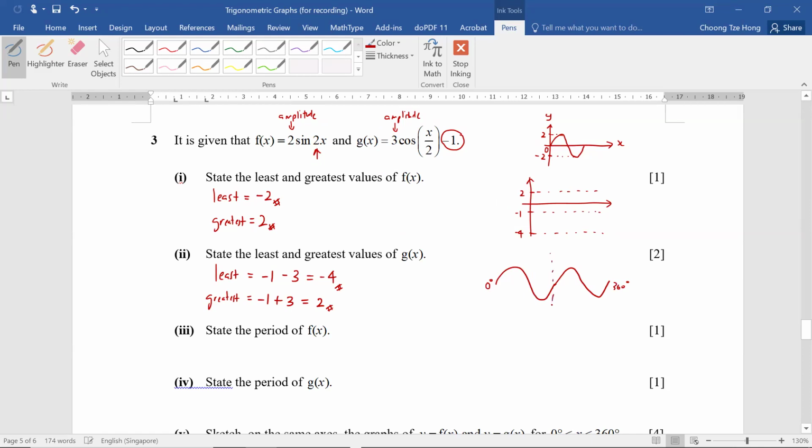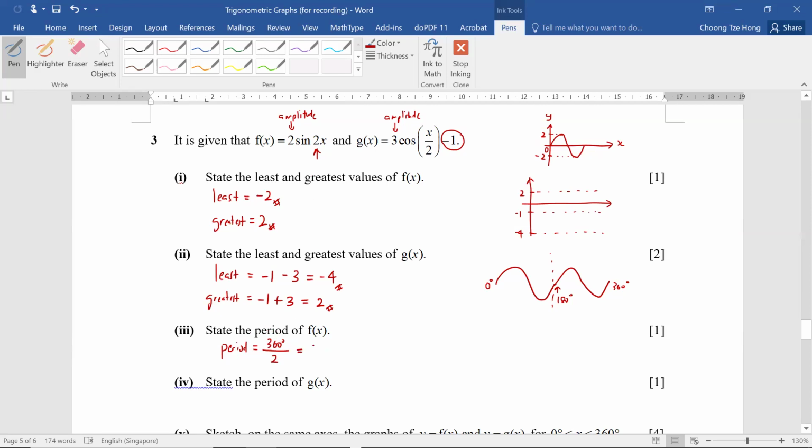Period is the time for one complete wave. So if 2 waves take 360, then what will be the value over here? You can see that it's going to be 180. Actually, there's an easy way to always calculate the period correctly. You always take 360. If they are working in radians, then you use 2 pi. You just divide by the number over here. So if the number over here is 2,